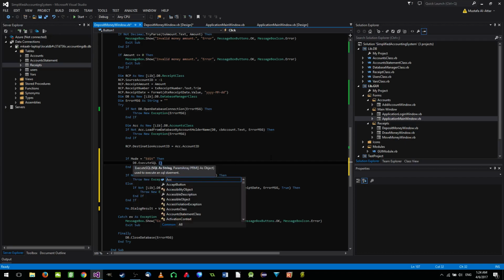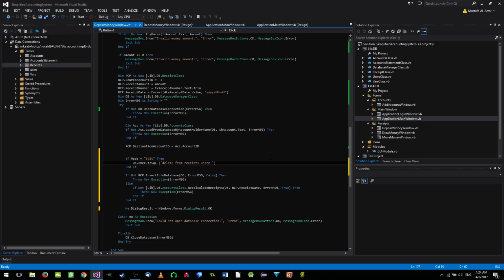db.execute SQL delete from receipts where receipt ID equals @0. Now I'm not supposed to put SQL here, but I'm just showing you a very quick thing here. So I'm deleting this. I should put that in a function, right? Well, I'll make it a little bit different, but anyway, all the receipt